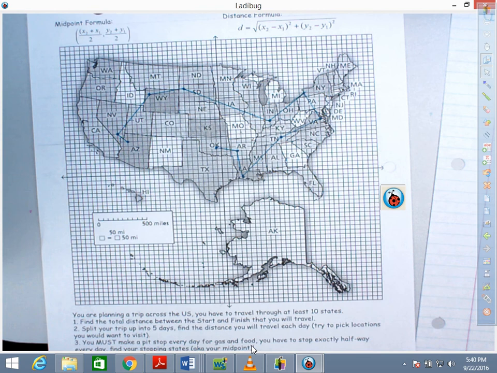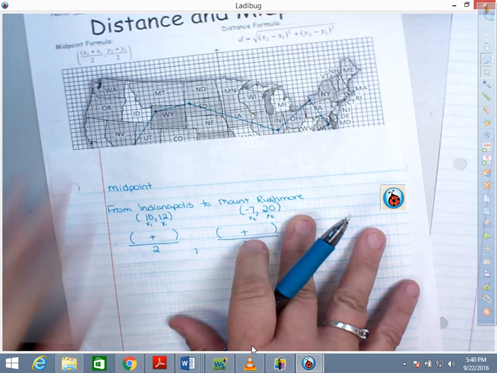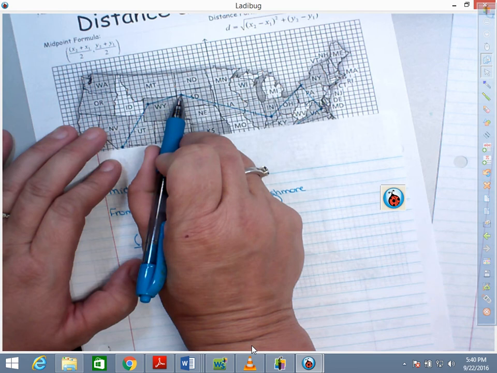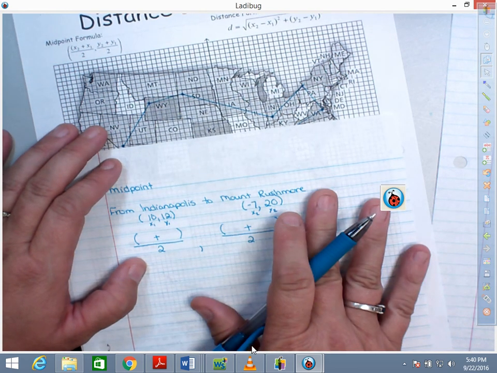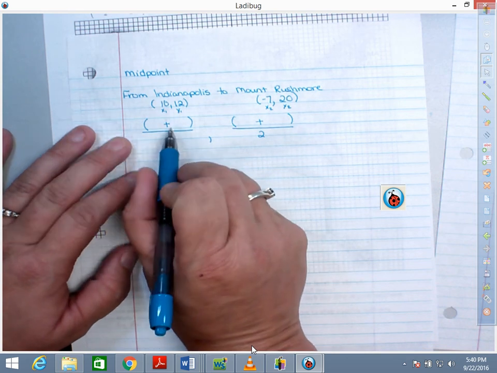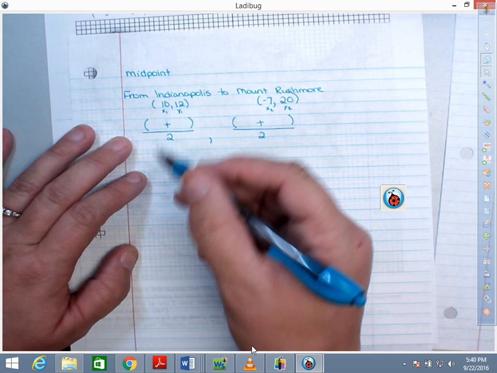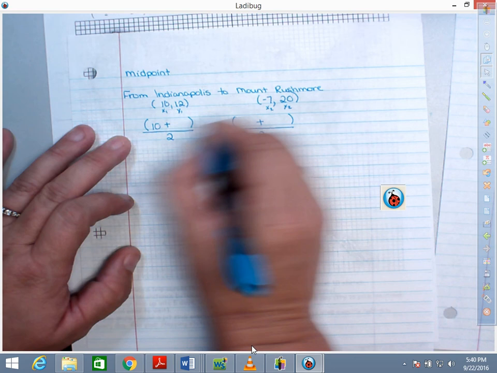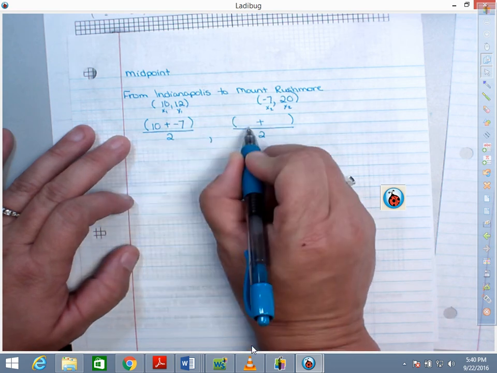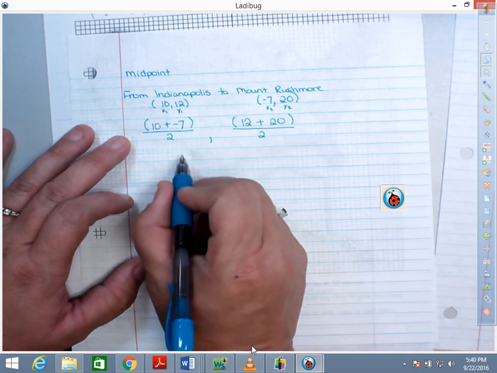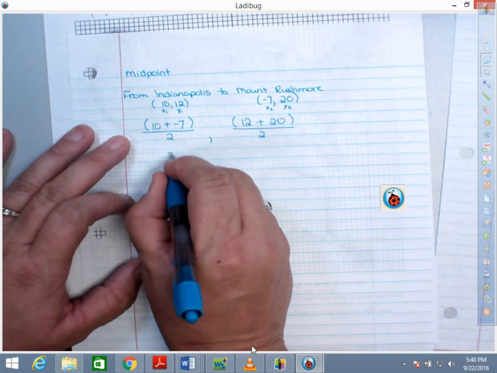So I'm going to do this on a different example. In 1 day, I'm going to go from Indianapolis to Mount Rushmore. I've already found the coordinates of those 2 points, so I'm going to find the midpoint from there. If you remember, you're going to find the average, the mean of those. So my first x is 10, my second x is -7, my first y is 12, and my second y is 20. So my halfway stop is going to be 3/2